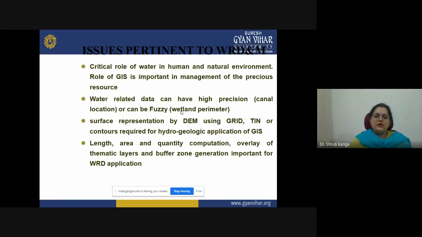With the help of different elevation models, TINs or contours required for hydrogeological applications, we can go for different analyses related to these hydrogeologic applications. We can also go for the analysis of length, area and quantity computation, overlay of different thematic layers, and buffer zone generation for different water resource development applications.